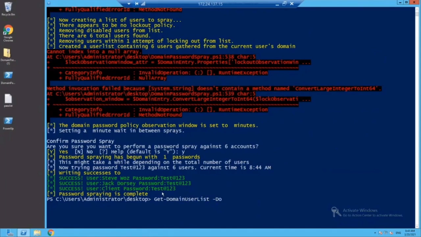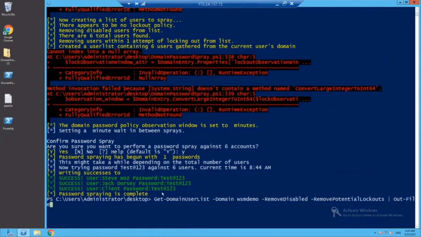Now what I want to do is find out the list of all users in the organization and use a permutation and combination of different passwords so that my success rate is higher and I can crack through a privileged account. So I will start by removing disabled users. They are a dead end, and I'm not going to have any use for them. So the list will not have any disabled users. I would also want to remove any potential lockout possibilities. Users whose lockouts are just one wrong password away, I'm having them removed.